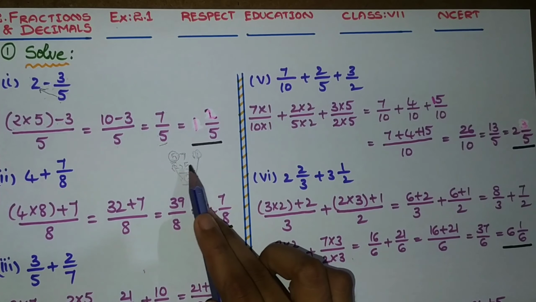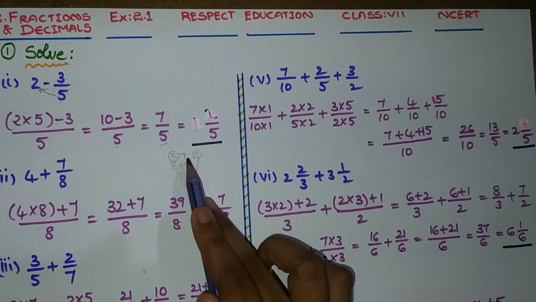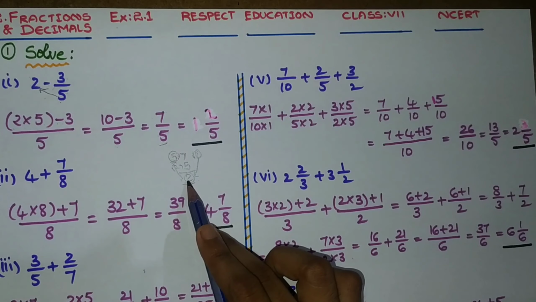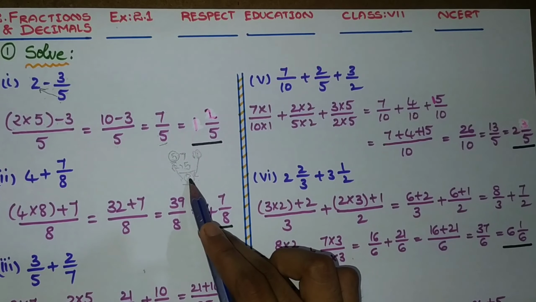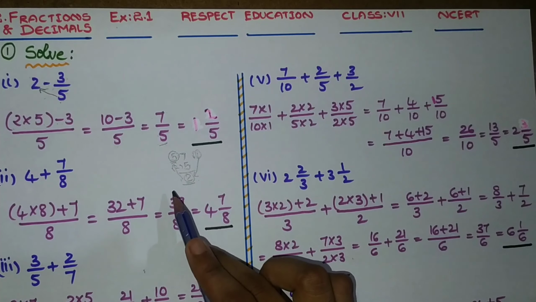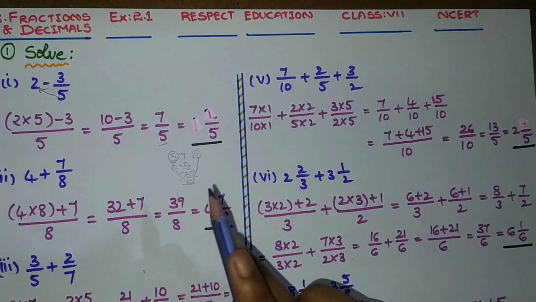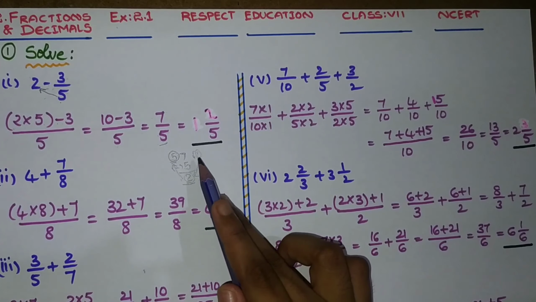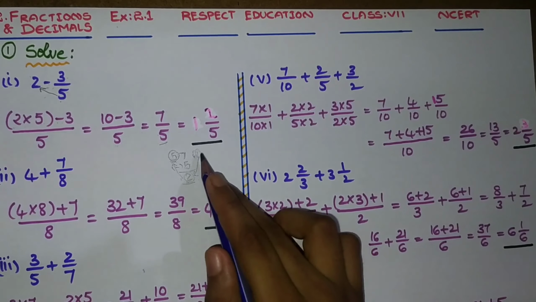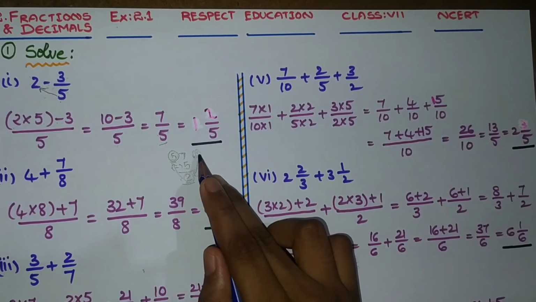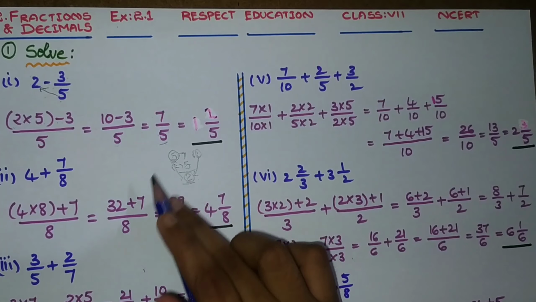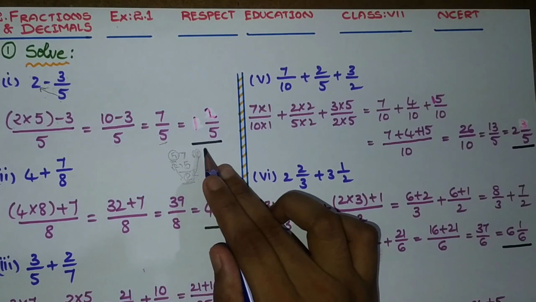We should do minus. So 7 minus 5 gives 2, which is taken as the remainder. Now 1 is the quotient, 2 is the remainder and 5 is the divisor. In this case, the numbers should be taken from right to left. So it is 1, 2, 5. Always we should take it in this way.